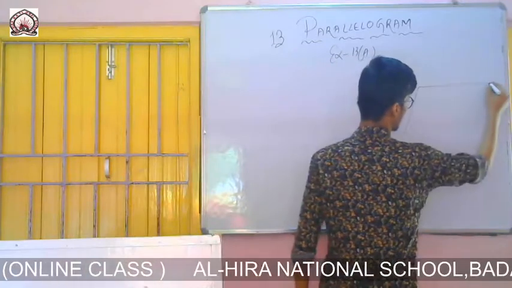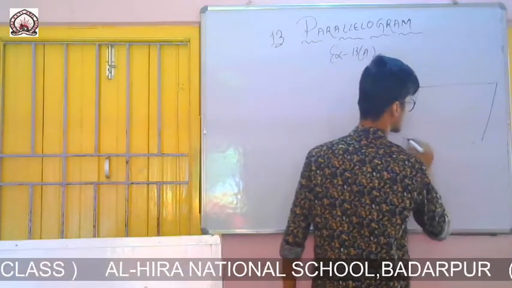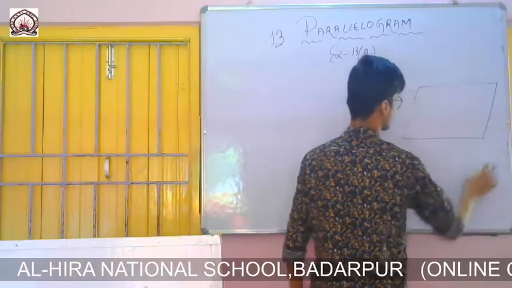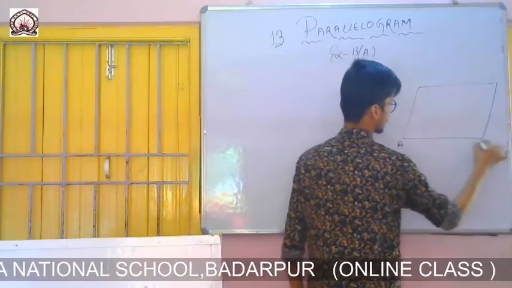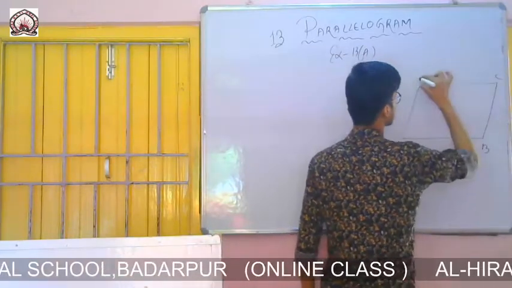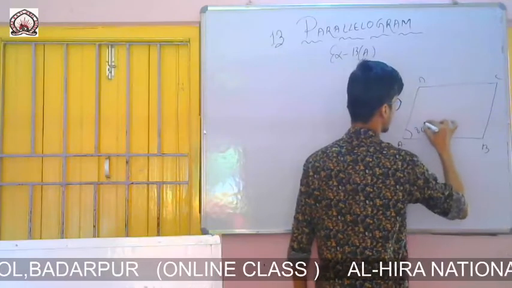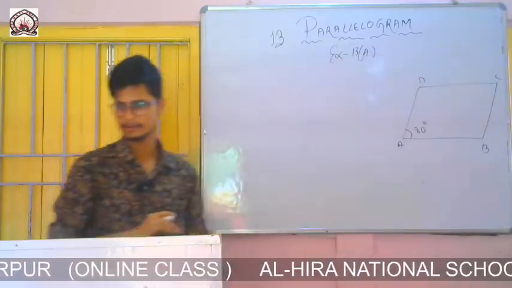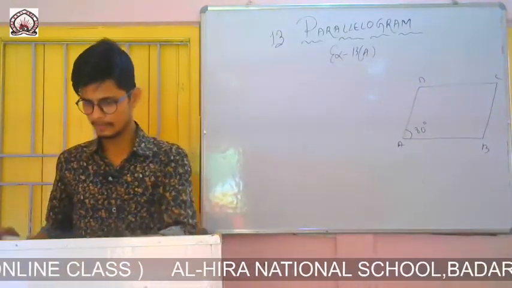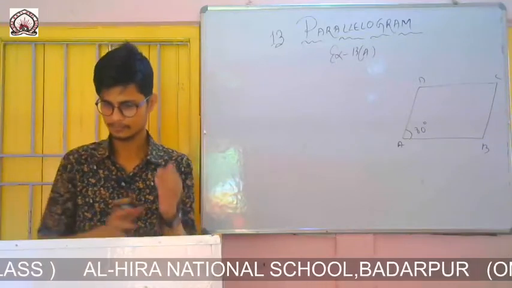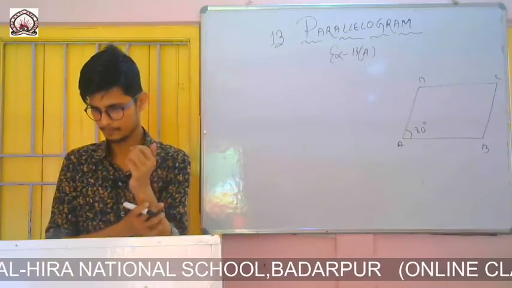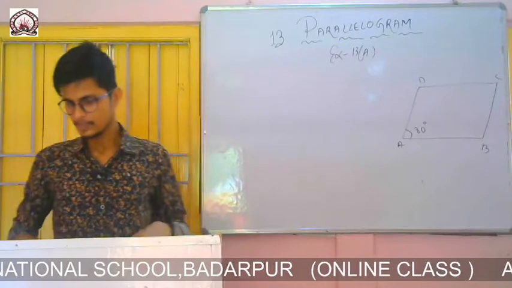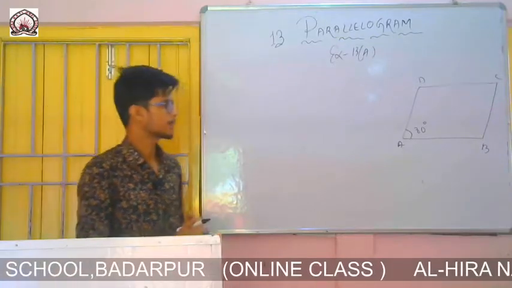You draw the figure in each and every case if a figure is needed. A, B, C, D, and this angle is given as 80 degree. The question is to find all the